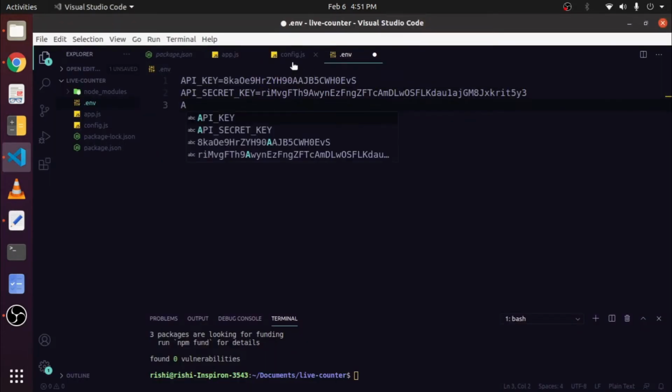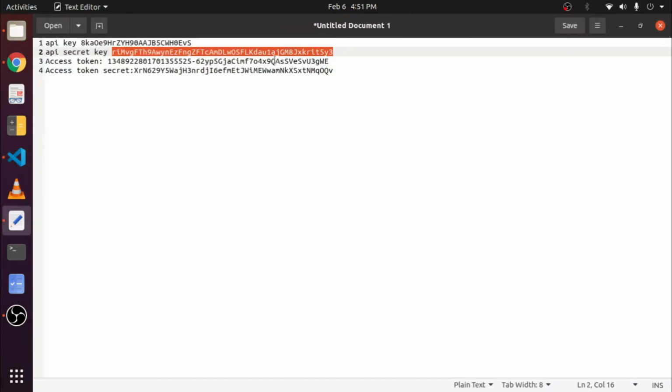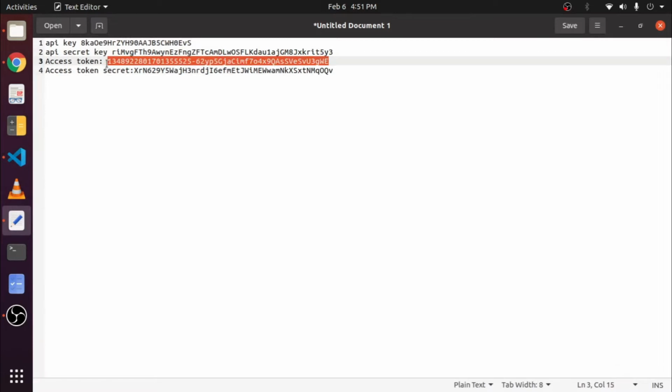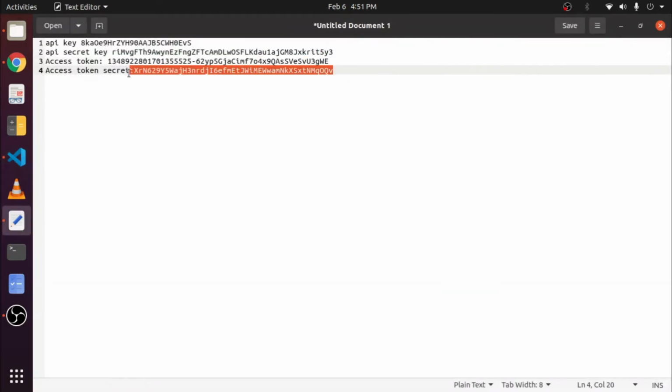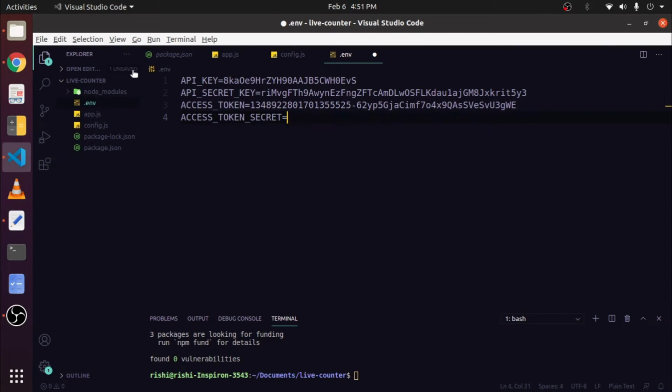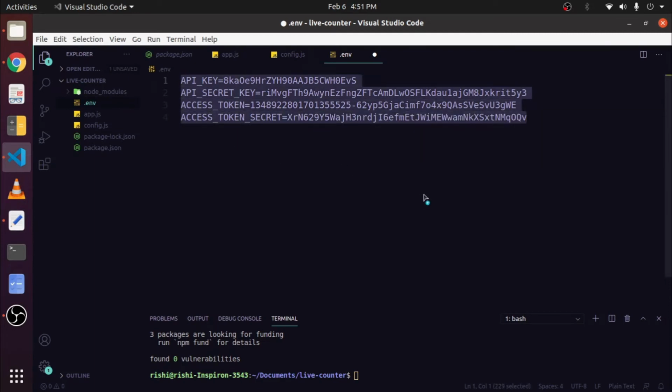And the third key is access token, and make it equal to this value like this. And the last one is access token secret, and copy this value from here and paste it over here. Now we have saved all the 4 keys, and then save your file.